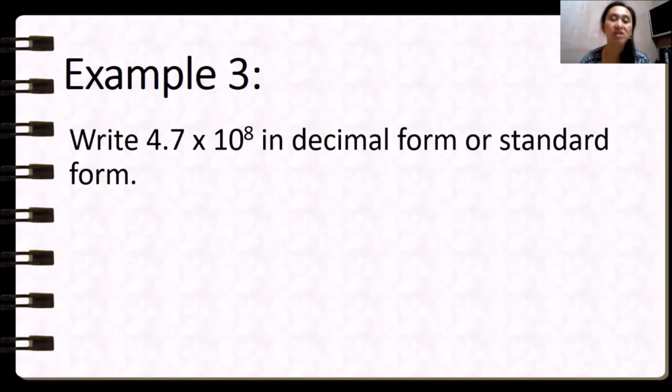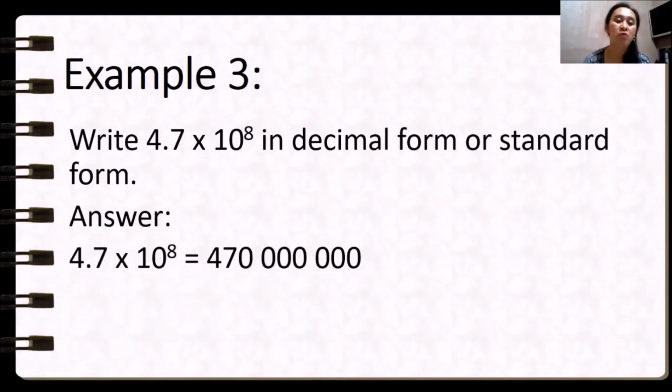So, yung natitira dyan ay 0. Therefore, our final answer for 4.7 times 10 to the exponent of 8 is 470,000,000. Going to the right from 7, 1, 2, 3, 4, 5, 6, 7, 8. So, this is how to convert the given scientific form to